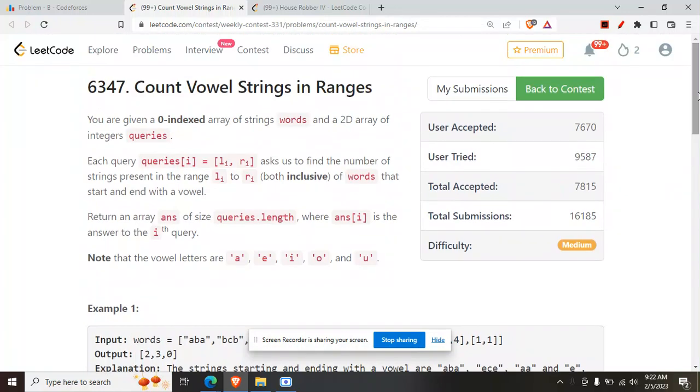Hey there, today we'll be doing this question that appeared in Leetcode Weekly Contest 331. 2559. Count vowel strings in ranges. And the given question statement is you are given a zero indexed array of strings, words, and a 2D array